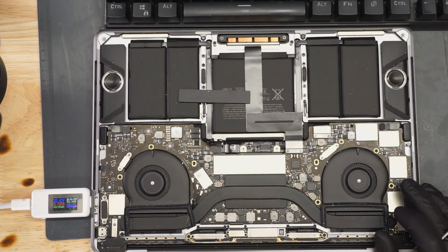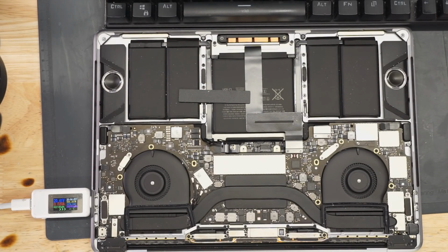20 volts, 19 milliamps. 20 volts, 19 milliamps usually means that there's a short to ground on PP_BUS_G3H, which would be,